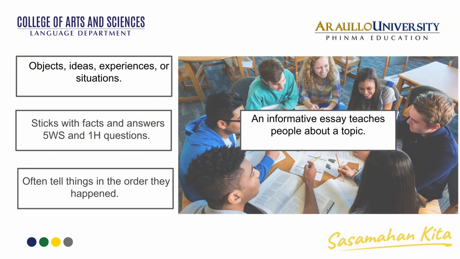The research has the informative articles and academic texts that you have utilized and read, or examples of informative texts. Usually, an informative essay explains things like objects, people, places, ideas, experiences, or situations. And it usually sticks with facts. Take note of that, because an informative essay tends to be educational in nature. That's why it explains things like objects, people, places, ideas, experiences, or situations in a manner that uses facts.